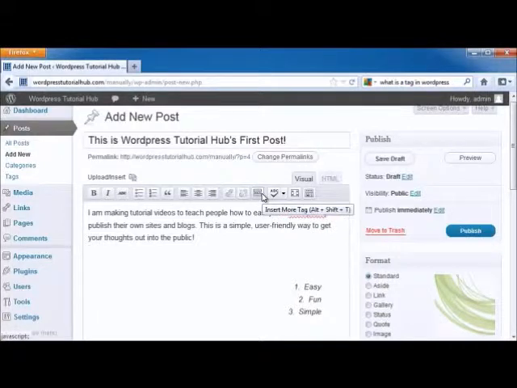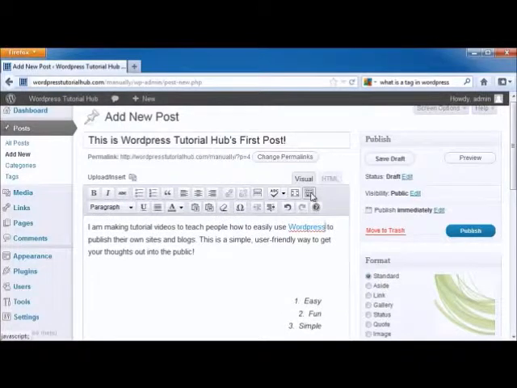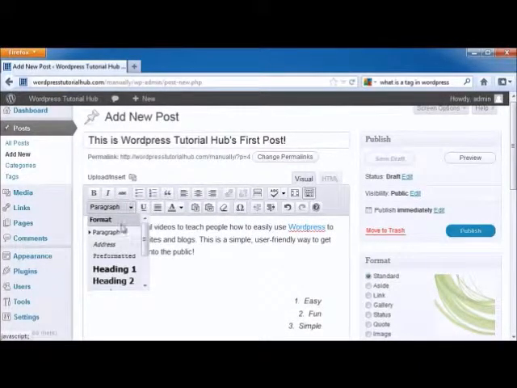I can also insert another tag. I can do a word check, I can toggle full screen mode, and I can show or hide the kitchen sink. Now by clicking on that, you can see now I can choose what kind of format I want for my paragraph,